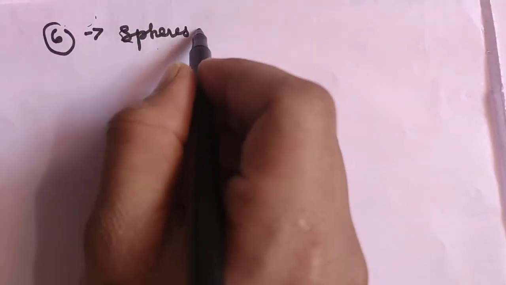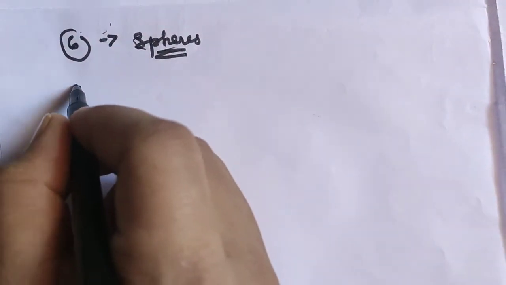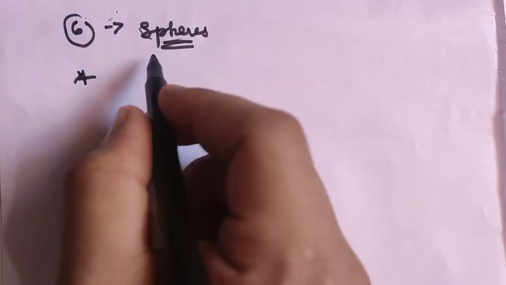So now you should remember that tetrahedral voids are formed by the 4 spheres. Here the octahedral voids are formed by being surrounded by the 6 spheres. So in this concept you should remember one point here.